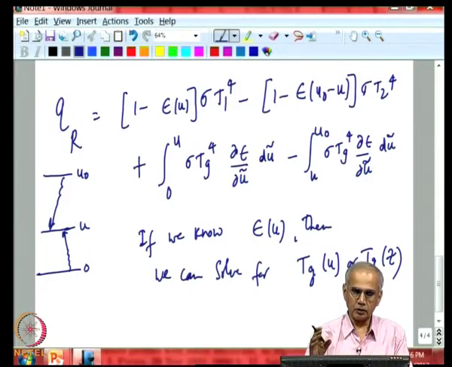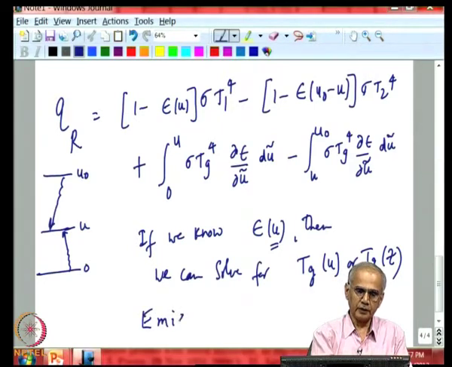Now, the answer is that it is not always available, but for certain well known gases like water vapor and carbon dioxide, people have taken the trouble to make laboratory measurements of the variation of emissivity with path length and have fitted functions to it and made it available for use by the wider community. So, if such data is available for the range of path length values that you are dealing with in a given situation, then it is possible to use this emissivity method.